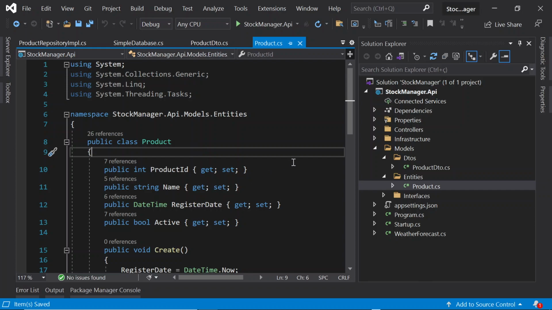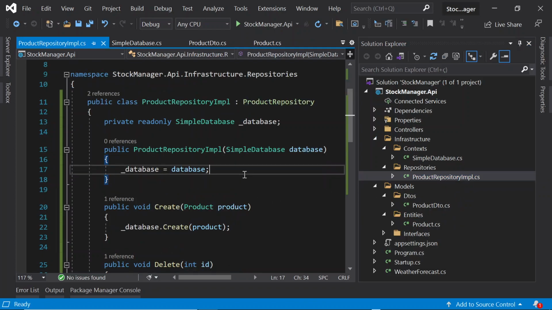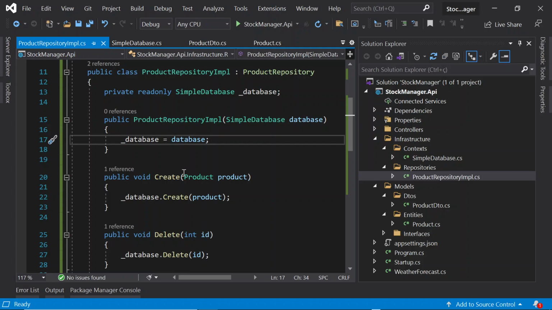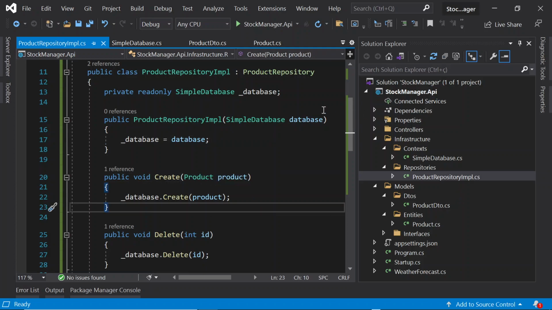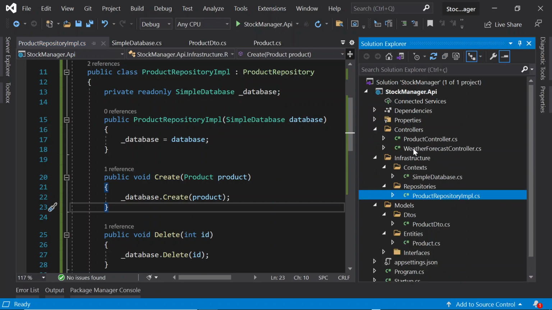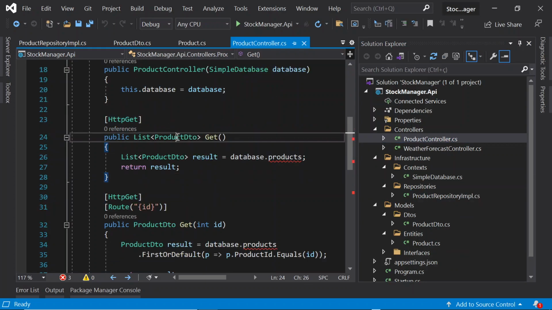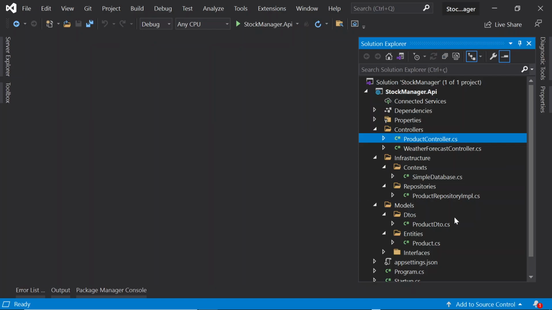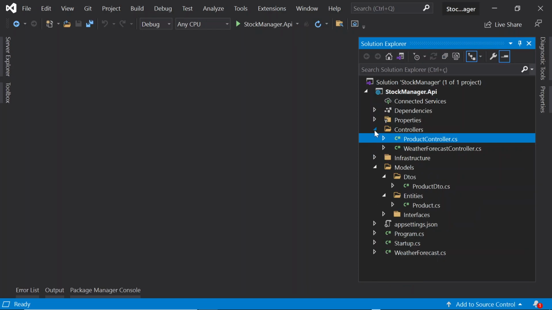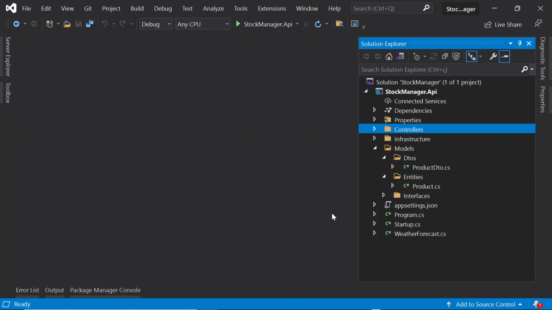So we are creating our repository in the infrastructure layer, and we are using the entity type. But on my front end side, more specifically for my controller, I'm working with DTO objects. So we need to create an intermediary layer to make this transformation, to convert the things, okay? We are creating that in the next video, but before that we need to create the rules to implement this convert